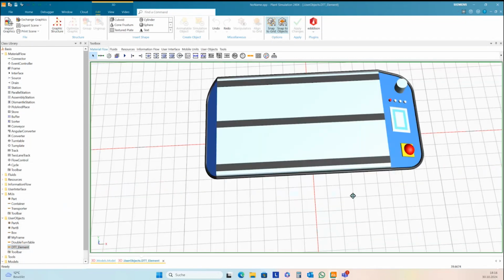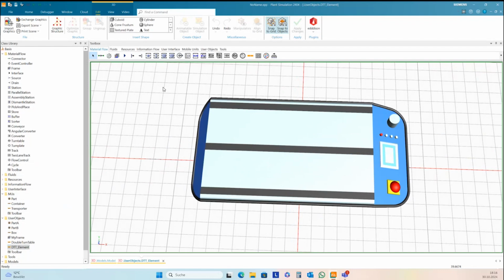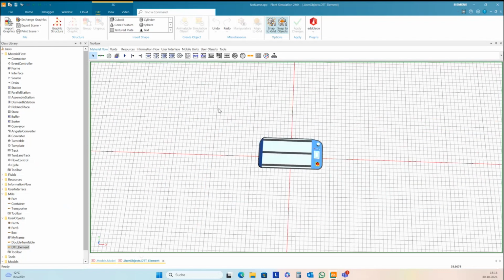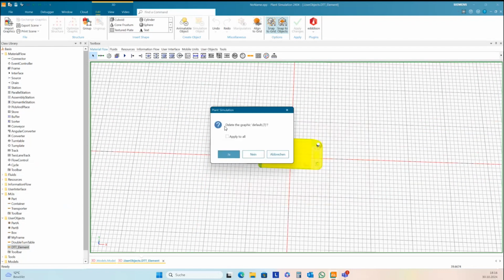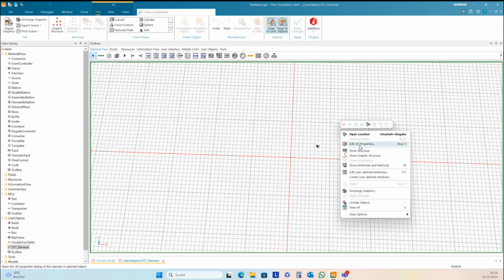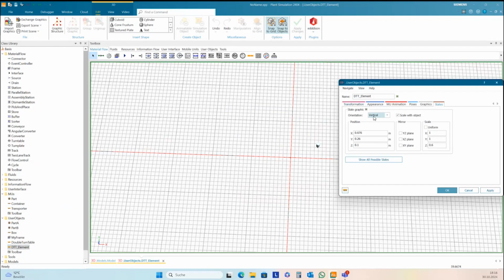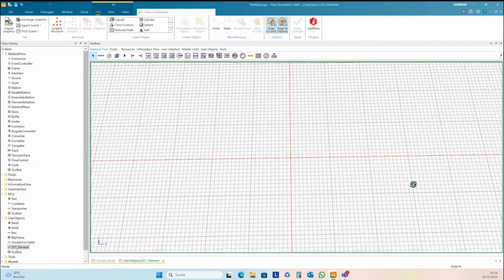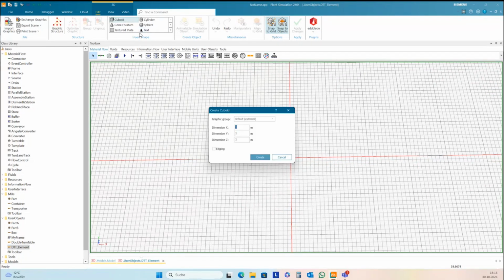And again, first we just delete the old graphic here. We don't need it. And I don't want to have the states. And then create a cuboid, x 4 meters, y 1, and z 0.1.